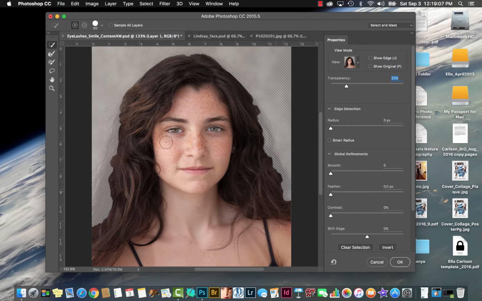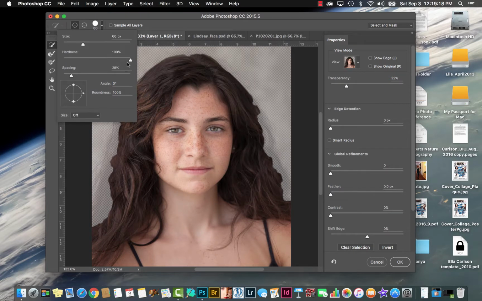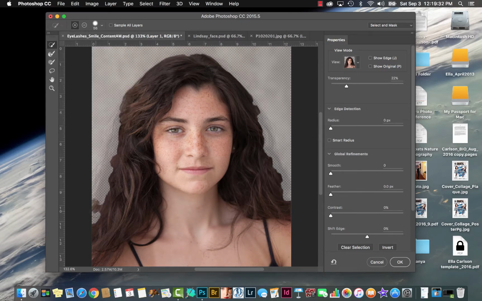Those are the easy parts, the parts that are really solid. Now I want to use my edge detection brush, which is the second tool up here. I like to have a little bit of a soft edge on that possibly, so I'm going to bring that setting down. And your size, the smaller it is, the more picayune it gets. I don't need it to be that small at this point, so I'm just going to leave it where it is. So I'm going to run over the edges of her hair now